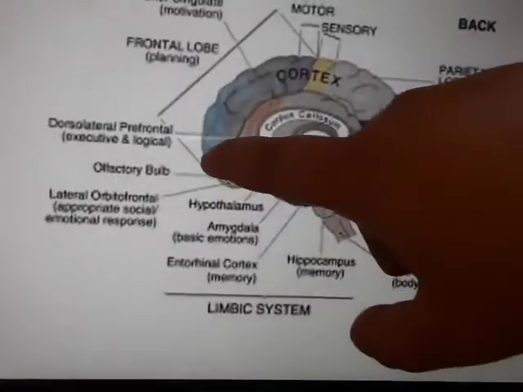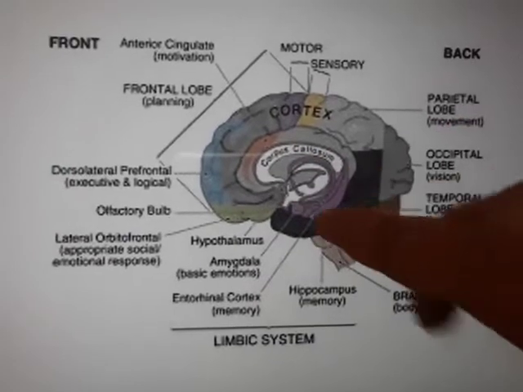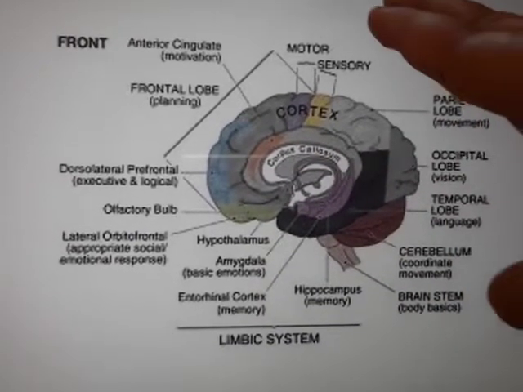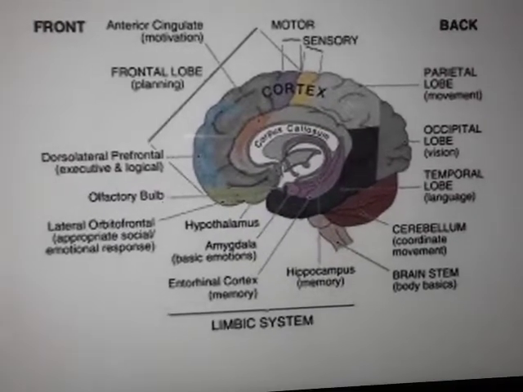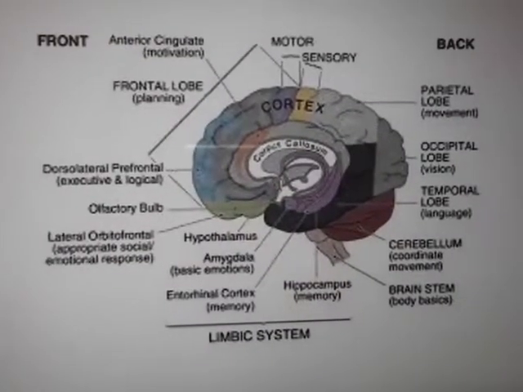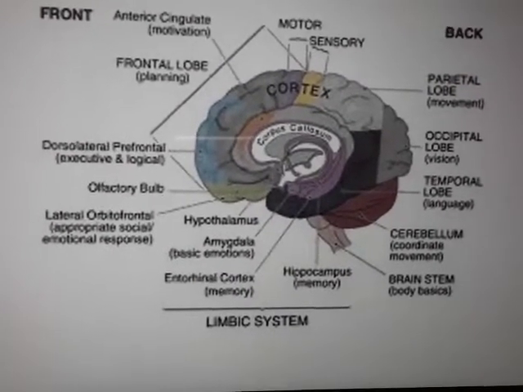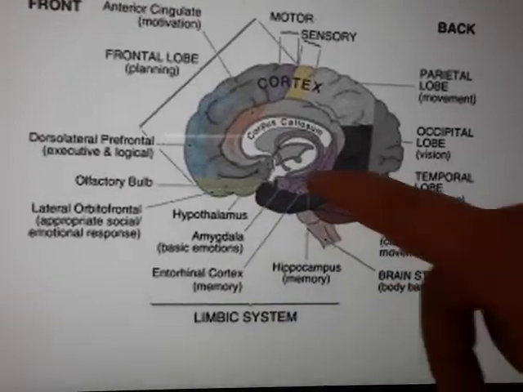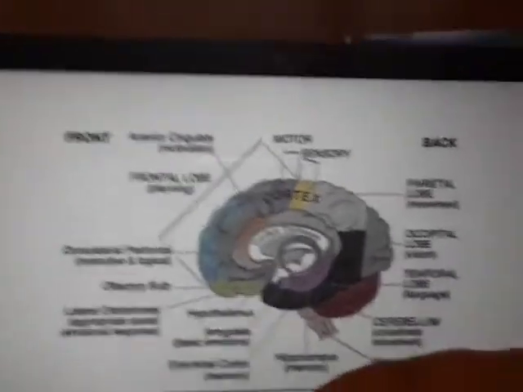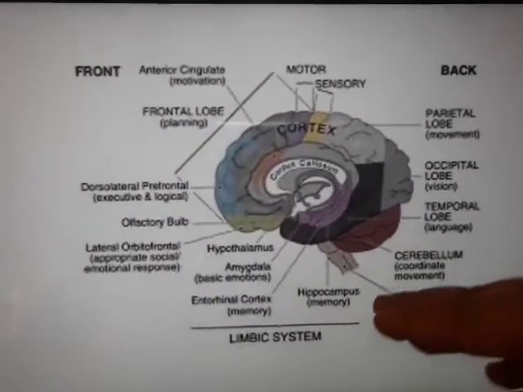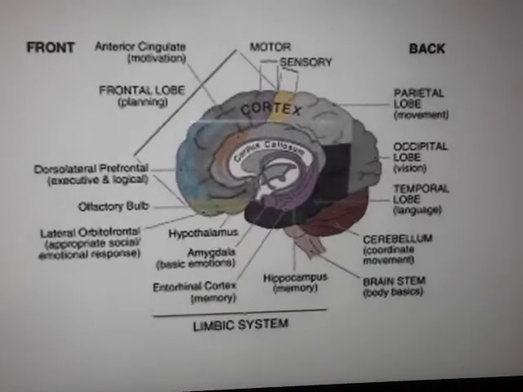Now this is the cortex region, the outer cortex. Then this is the corpus callosum. It has horizontal fibers like this, and it connects both the hemispheres of the brain, which are divided by a deep longitudinal fissure. Then this lower part is the limbic system: amygdala, entorhinal cortex, and hippocampus. All these form the limbic system, which is responsible for the emotional